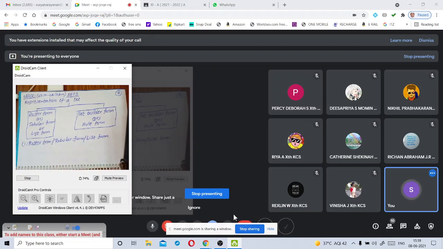In this method, we write all the objects of a set clearly, and we separate them by comma, and we enclose all the objects in braces, set braces. Suppose A is a set of